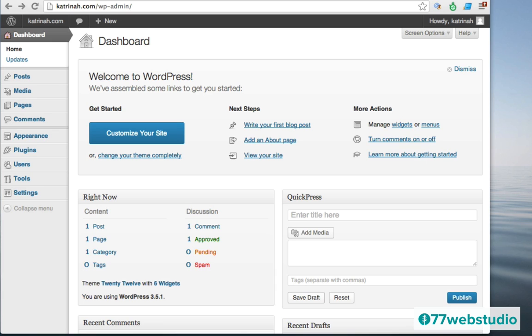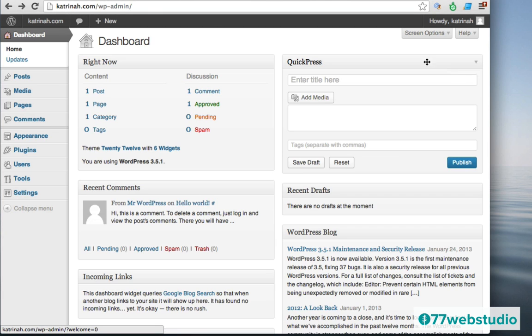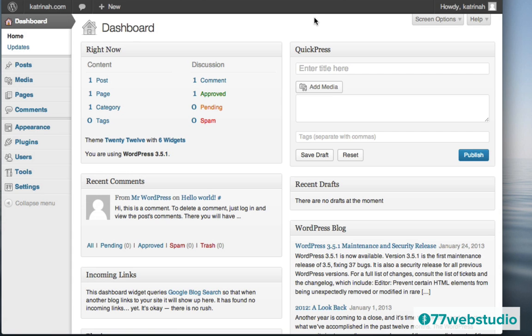And when you first install WordPress, you'll also see this message that says Welcome to WordPress. Within this message box, there's a number of links, and each of these links represent some of the first things that most people do when they install their WordPress website. For the moment, though, I'm going to go ahead and dismiss this message by clicking on Dismiss in the top right-hand corner here, so that we can just see the dashboard without that message.